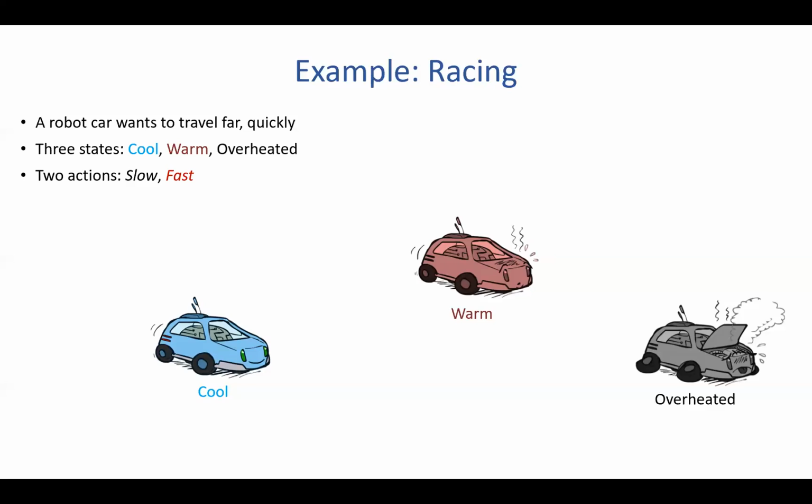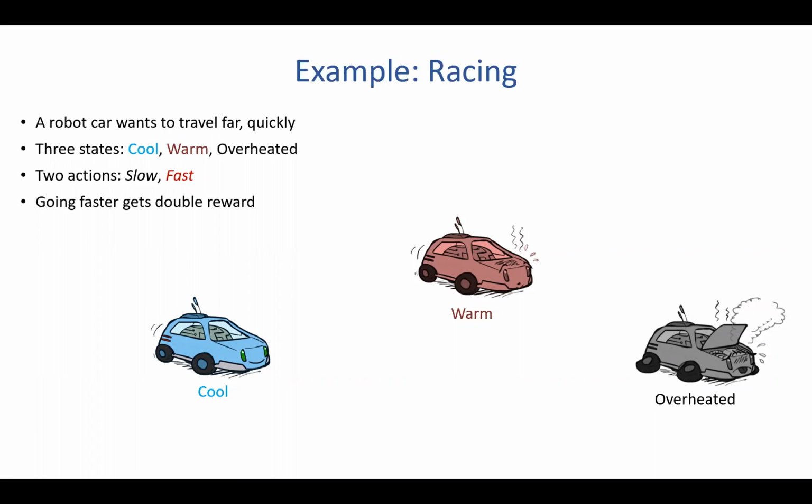But to keep the problem simple, let's just say there's a certain magic number, and below that number we're driving slow, or we're driving fast. So these are the two possible actions that we can take. Going faster gets the double reward, because our job is to travel far and travel quickly. So if we drive faster, we get the double reward. Let's see how we can transform it into an MDP once again.